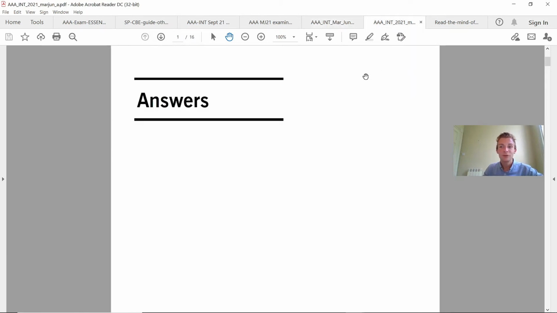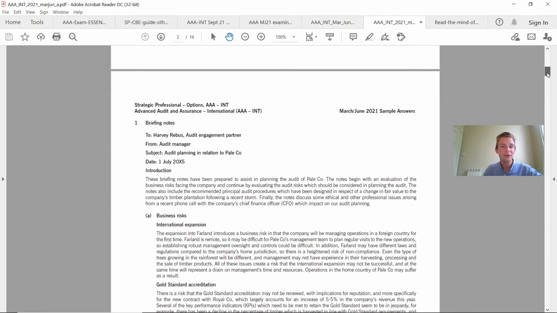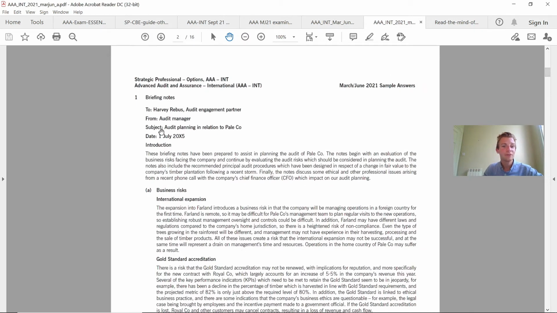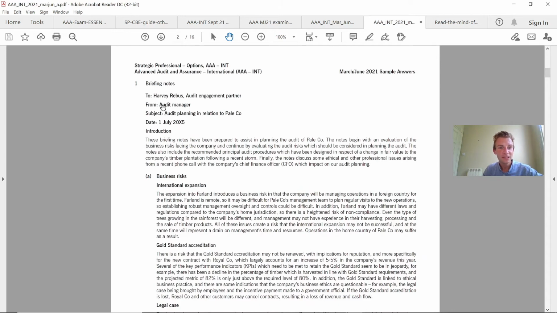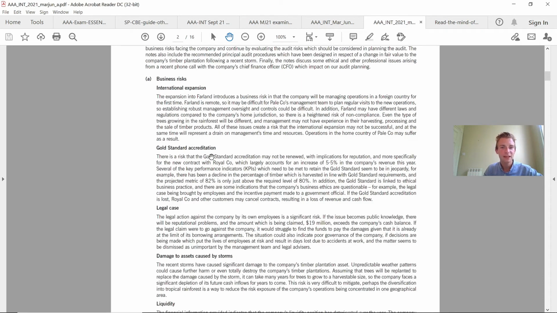And again, you can have the actual questions, and then in the afternoon I'd definitely be going through the answers when I've got a bit more energy. You're actually given marks for laying out the question as it would be professionally done. So you get marks for writing out the briefing notes with this format. And then look how they've broken it down from these are the key points identified from the scenario and then applied back to what the requirement was asking.